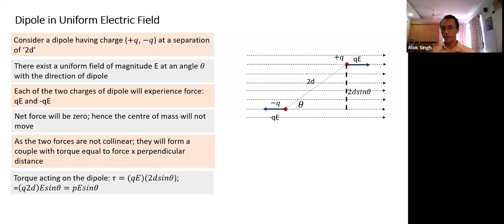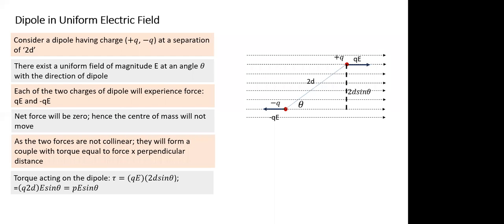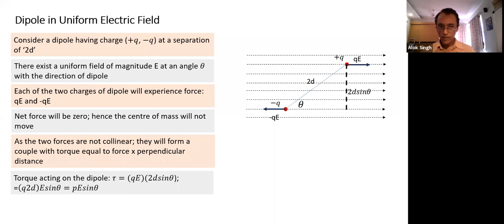And we notice here P sine theta. Does it remind you of something? There are two terms involved here. P is a vector, E is a vector, and it's coming with a sine theta. So it's possible to express this term as a cross product. The question is, it's a cross product of two vectors. It meets all the conditions. What condition does it meet? It's a product of two vector quantities. Which are the two vector quantities here? One is the dipole moment, which is a vector, the other is the electric field, which is a vector, and the resultant is torque, which also is a vector. And it's a sine of the angle.